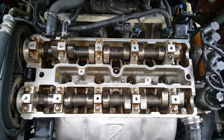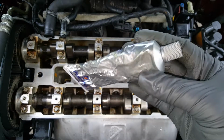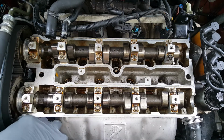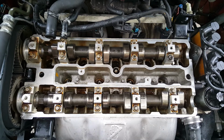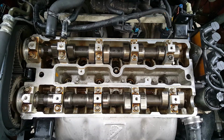So we're ready to go ahead. I've got some ultra gray RTV, and the only place that you have to worry about is right here, so don't put a lot. Right there at that little junction. Sometimes you got to dab this in with your finger if you can't get in there, and